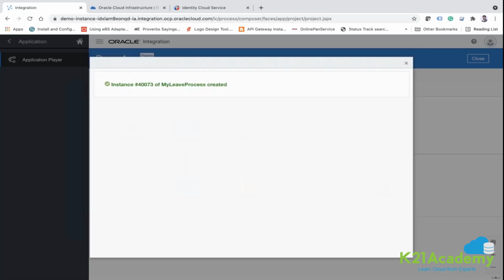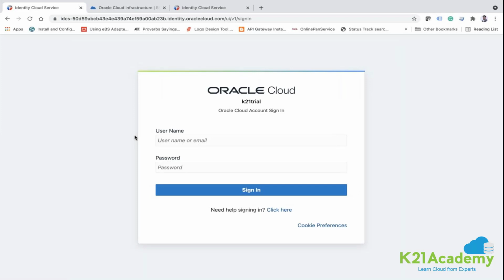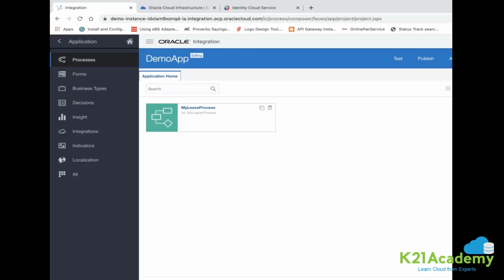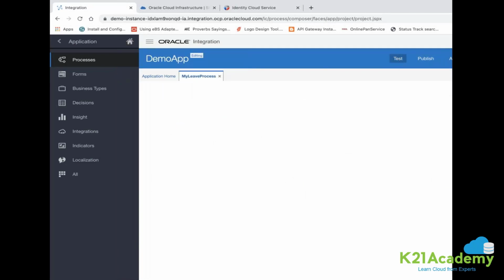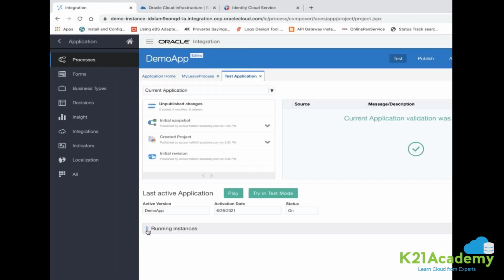Now you have submitted your process and your, oh, what happened to this? Okay, now here you see under the running instance, the instance will be there.